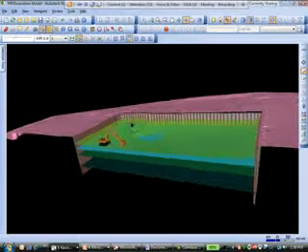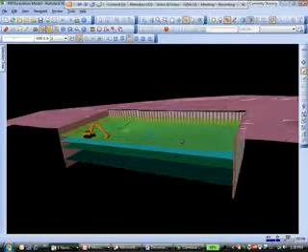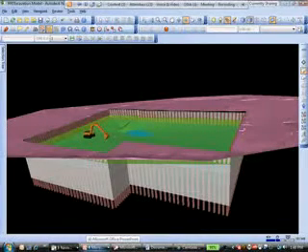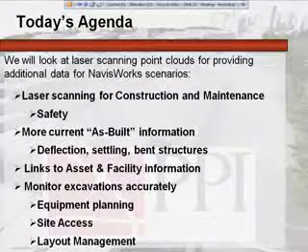So this is a fairly simple procedure with importing point clouds. As I mentioned, we can bring in multiple file formats, but we can also bring in several different types of point clouds. At this time, I'm going to go back and talk a little bit about what